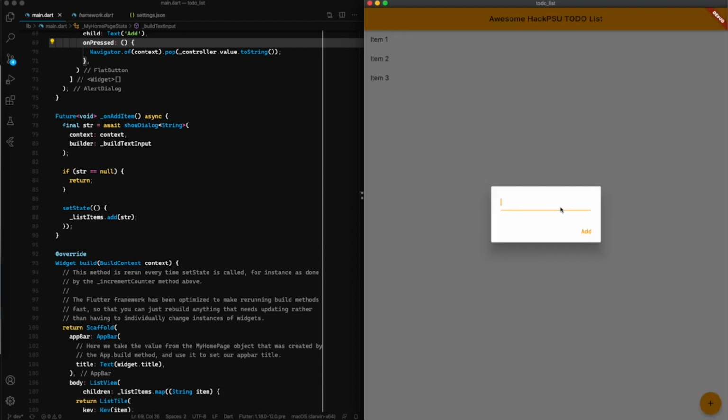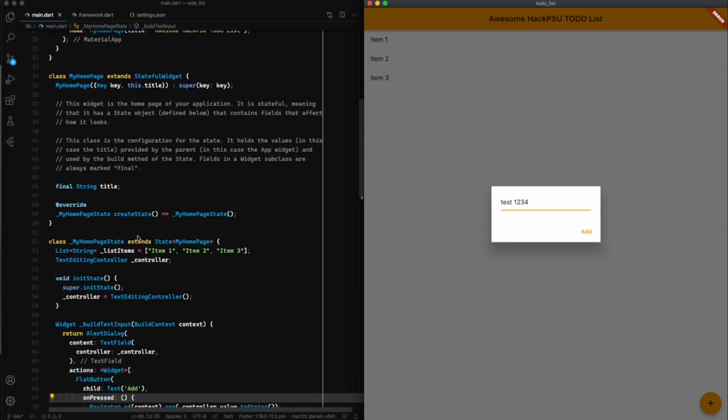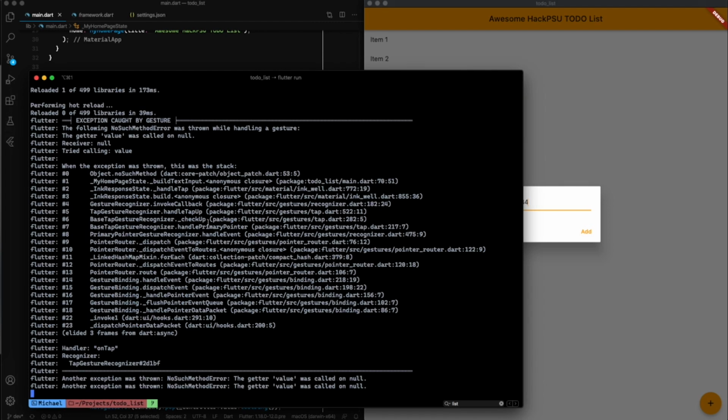Okay, and in the future, you can add little hints and stuff here. We'll just type test 1, 2, 3, 4. And as you see, because of the state here, whenever we typed in test 1, 2, 3, 4, that is persisting. So click add,